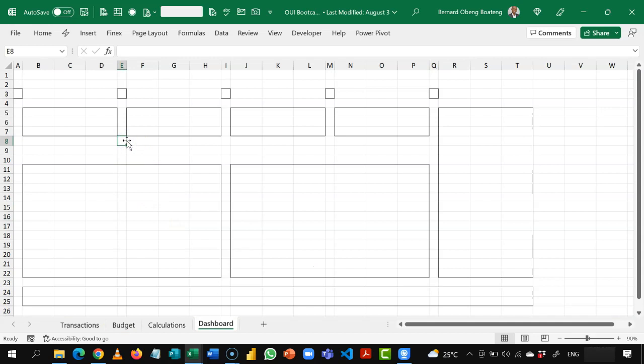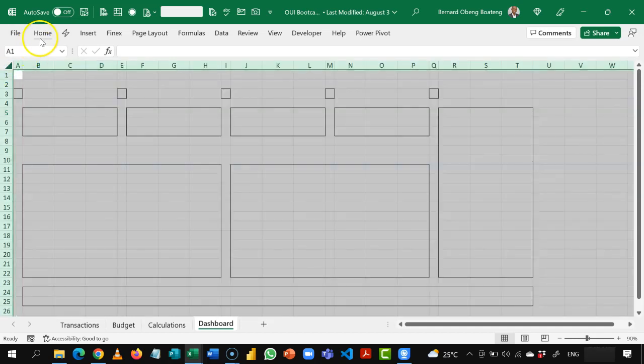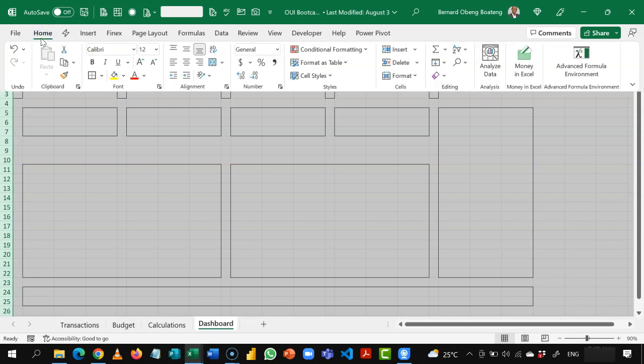Okay, so after you mocked out your dashboard, you need to fill the background. Okay, you can decide to use a white background, which is fine. I'm a fan of a dark mode, calmer background. I feel it brings out the insights easily. So to do that, we are going to highlight the whole of our worksheet. Okay, come to home. Okay, and then under your fill bucket,